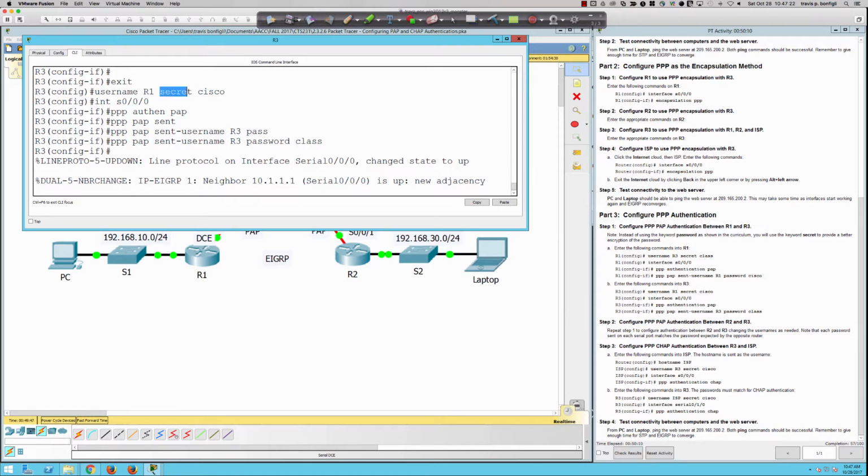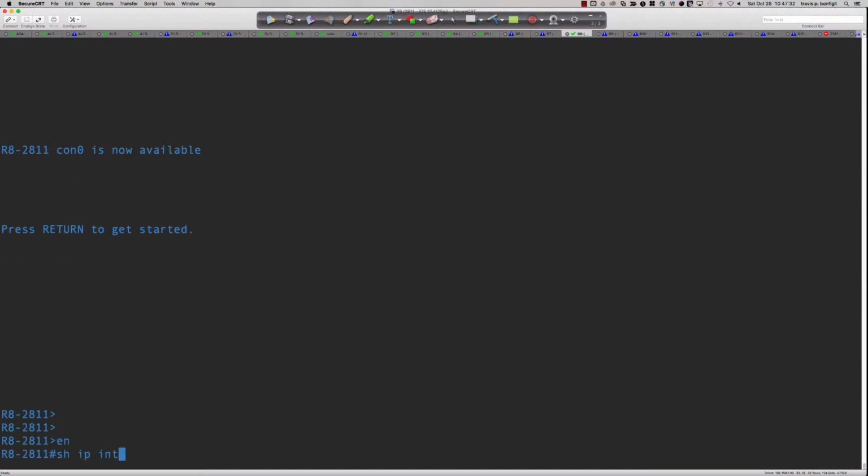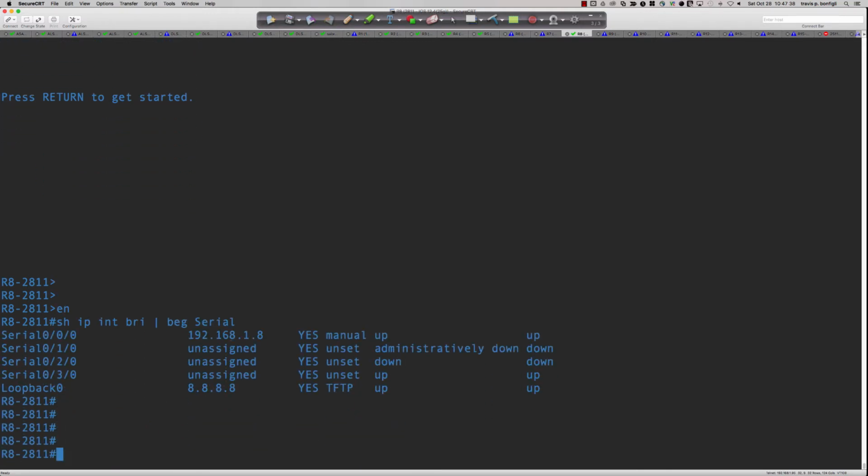This right here could be of concern. So let's go to a real set of Cisco routers, and of course we'll use router 8 and 9 since these are actually pre-configured. Show IP interface brief. I'm going to trim this down. We're going to begin at serial because I only want to see that. And I believe serial 0/0/0 is what we were using the other day. So it shows up, it shows up. So let's throw a quick ping command on here,